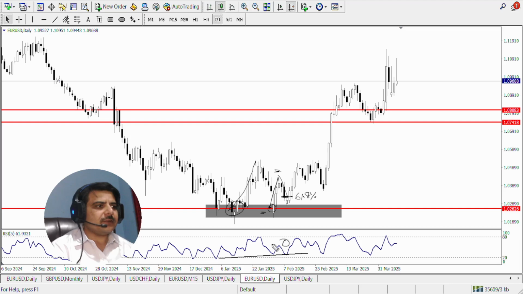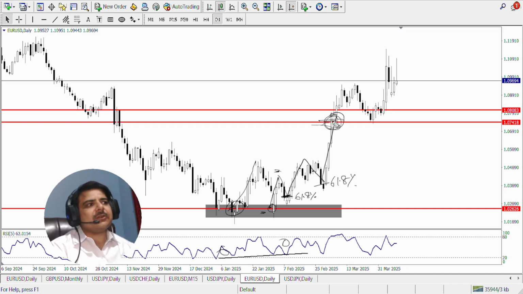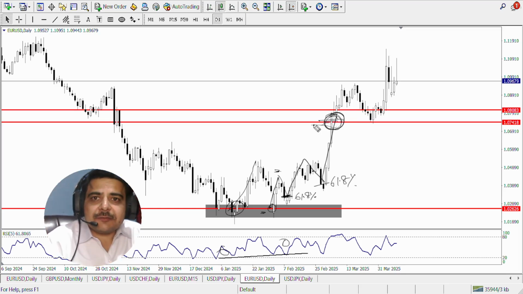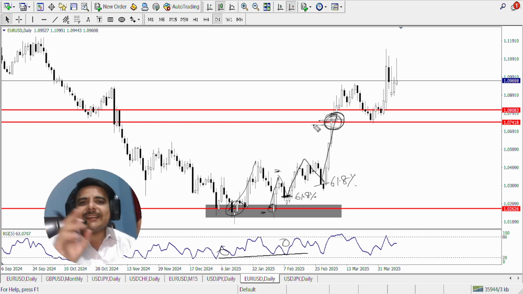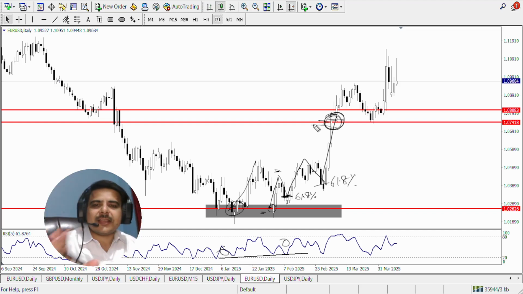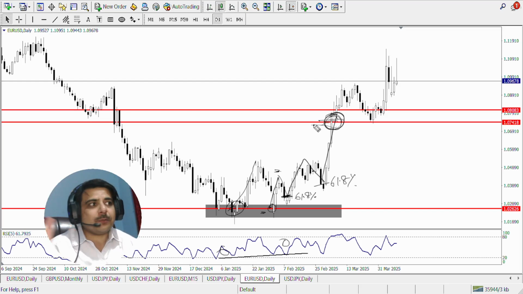We have got a fantastic divergence on a daily time frame. We have a double bottom. So right here I became bullish, the market continued, and it even gave another 61.8% retracement, and boom, right here I exited the market. I exited the market because this level was for a sell. Right now, remember my friends, if a level is for a sell, it doesn't mean we are going to take a sell. We have to wait for proper setups.